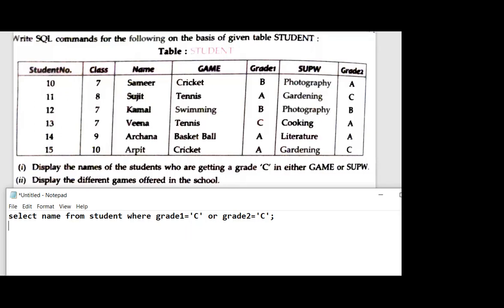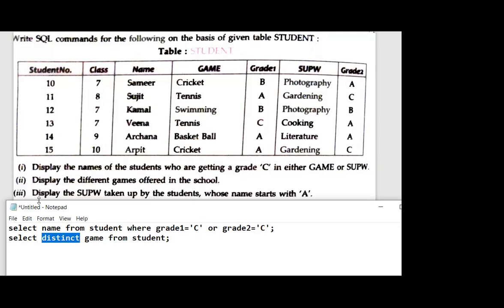Okay, now the answer part. The very first thing given over here was different games. Yes, Karan, that is your mistake. So the very first thing was different games, therefore in select we have to use the distinct clause. After distinct, the name of the column, that is game only. Then after that from, and then the name of the table. That's it. It will show you the names of the different games. Only you have not used distinct, but if you do not use distinct, then this query for different games will not be complete. Therefore it is compulsory to use distinct.